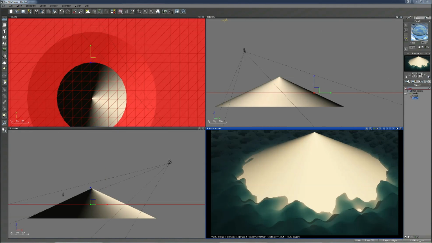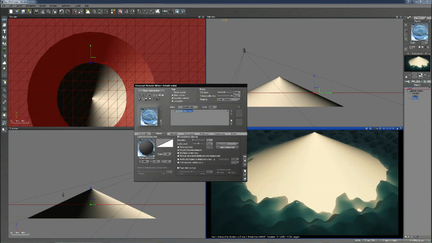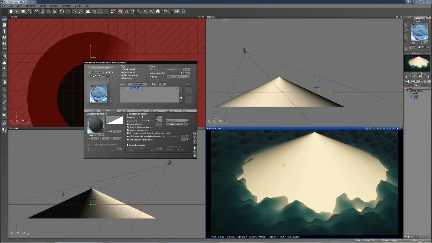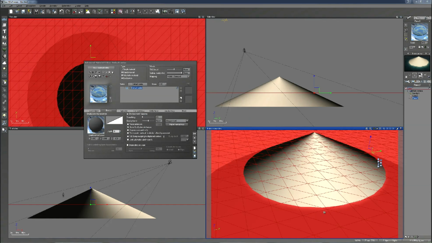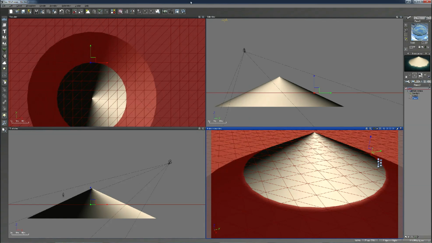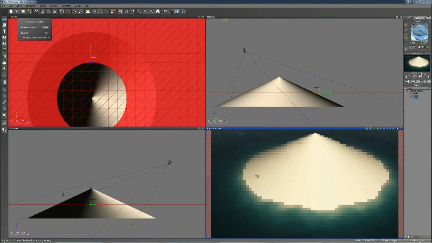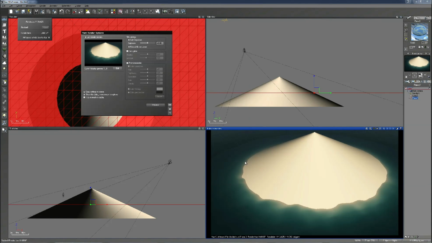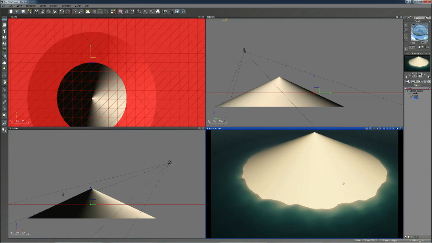Okay, so I've recreated the scene, and you can see here a preview of what it looks like now. Obviously, hugely inaccurate waves there that we have to tweak. So we just tweak the displacement or the bump depth, and that will change the amount of displacement that we get